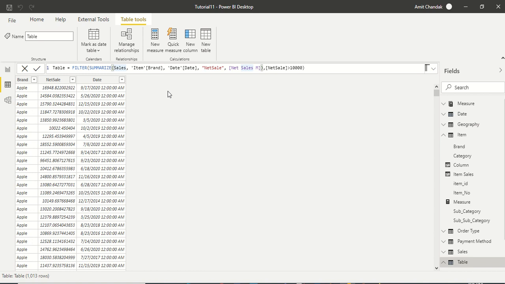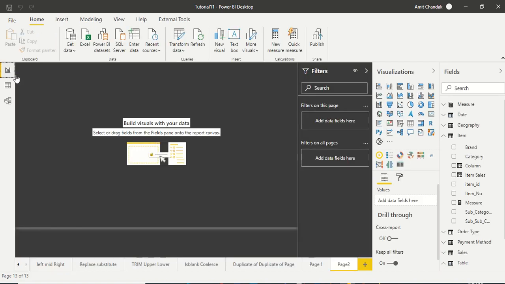Now this is the same thing if you wanted to create a measure where you wanted to take a sum where the net sales for an item on each date is greater than 10,000. This could be the intermediate table you would have created. So we have discussed that we can use it for some kind of level of detail implementation.